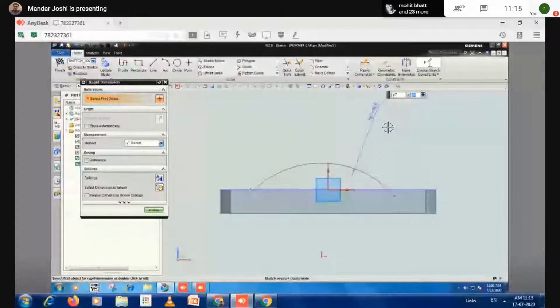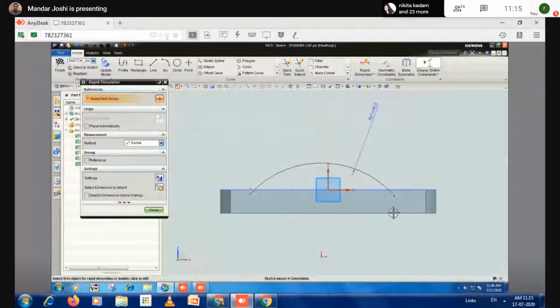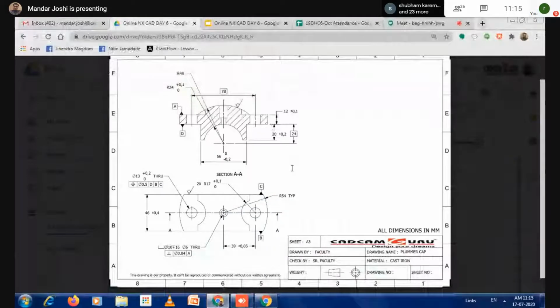Now define the location of the point first. From this bottom edge, you can see that the distance is 24. So from the bottom edge,